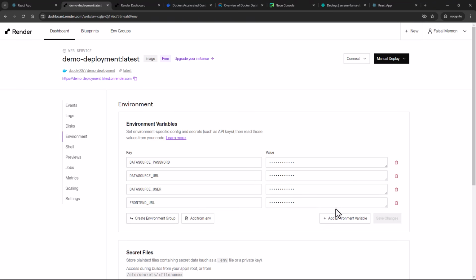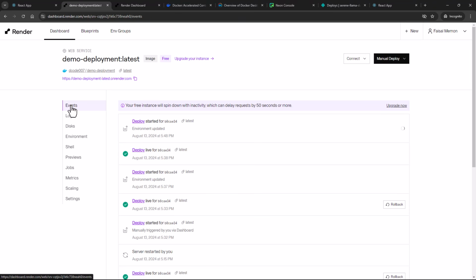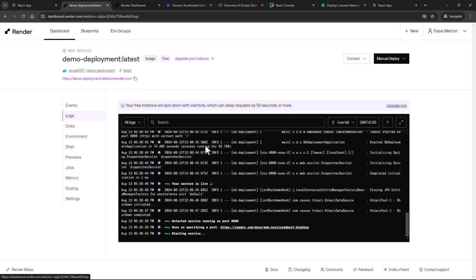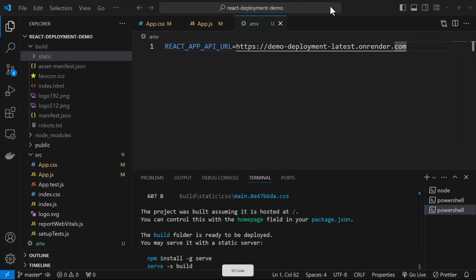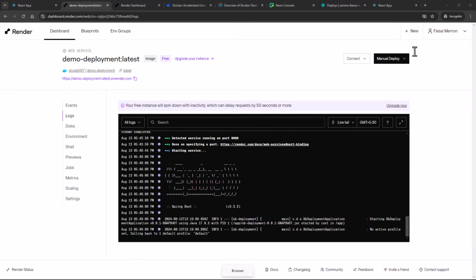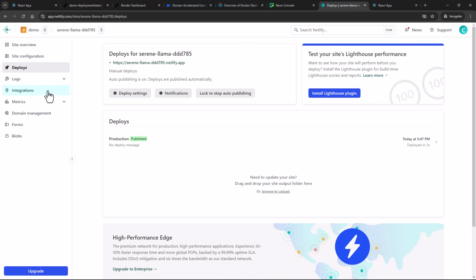If you go to events over here, you will see environment updated. And once the environment is updated, the server is normally restarted. So we'll wait until the server restarts. This should take a little bit of time, because server restarts on Render take some time. So we'll wait for a while. Meanwhile, we'll also copy this, and we will add it over here in